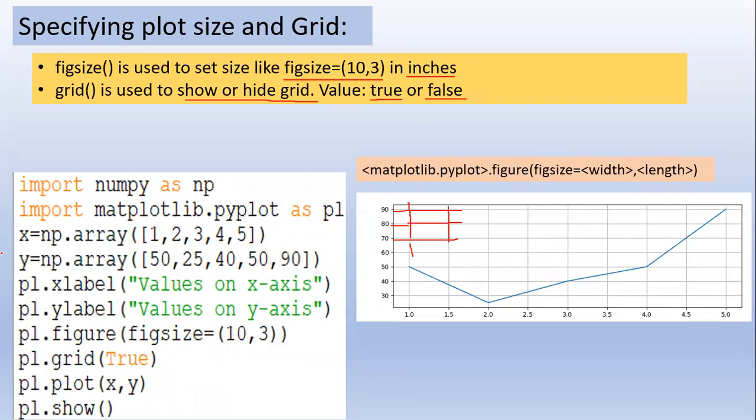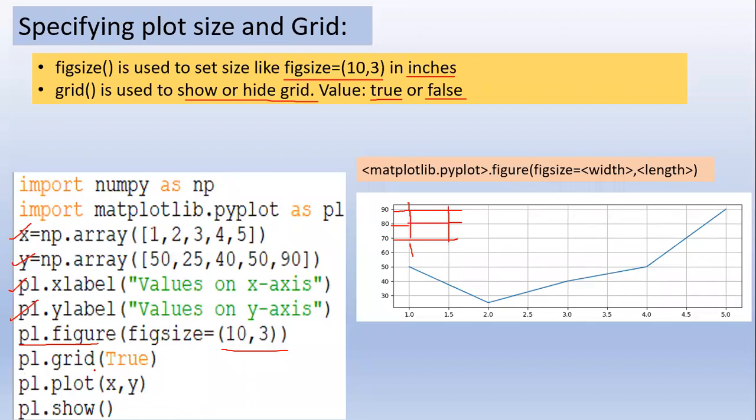Let us see how. X is equal to np dot array. Same numbers I have taken for x and y axis. PL dot xlabel, PL dot ylabel, same lines. Now see here, PL dot figure, figsize is equal to 10,3. So 10 is the horizontal size, 3 is the vertical size.